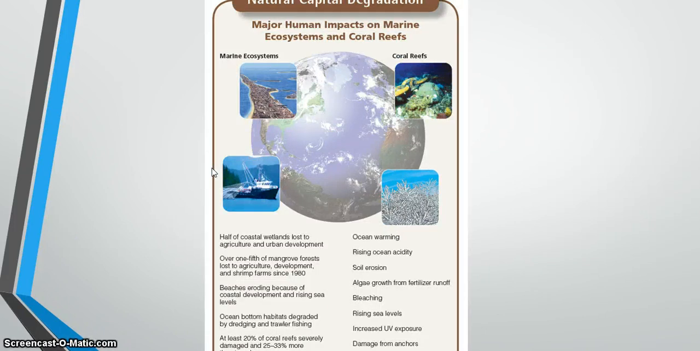All right, finally, major human impacts on marine ecosystems and coral reefs. As with other habitats, we are having an impact on the health of marine ecosystems. In marine ecosystems, half of the coastal wetlands have been lost due to agriculture and urban development. Over 1/5 of mangrove forests have been lost to agriculture development and shrimp farms. The beaches are